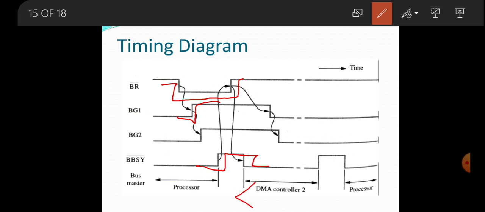So for this particular time duration, the bus master will be DMA controller 2, and after that the bus busy signal gets deactivated and the control will be given back to the processor. This is the timing diagram.